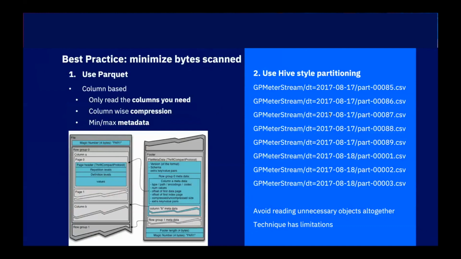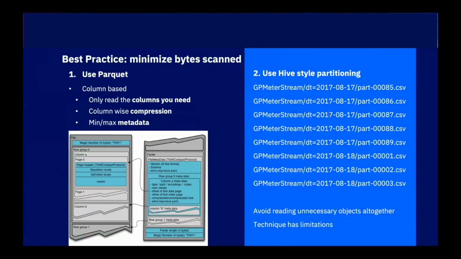Due to the columnar format, it also gives us a lot of compression options, right? Because you can do run-length encoding of data, that's just the best in terms of compressing large volumes of data. And there is other metadata stored in Parquet, like, for instance, the min and max value per object for the columns.